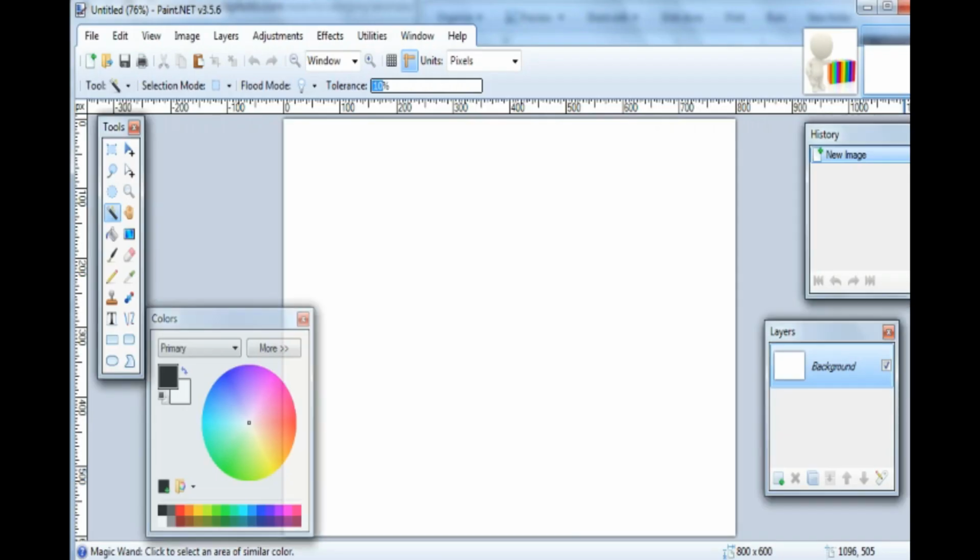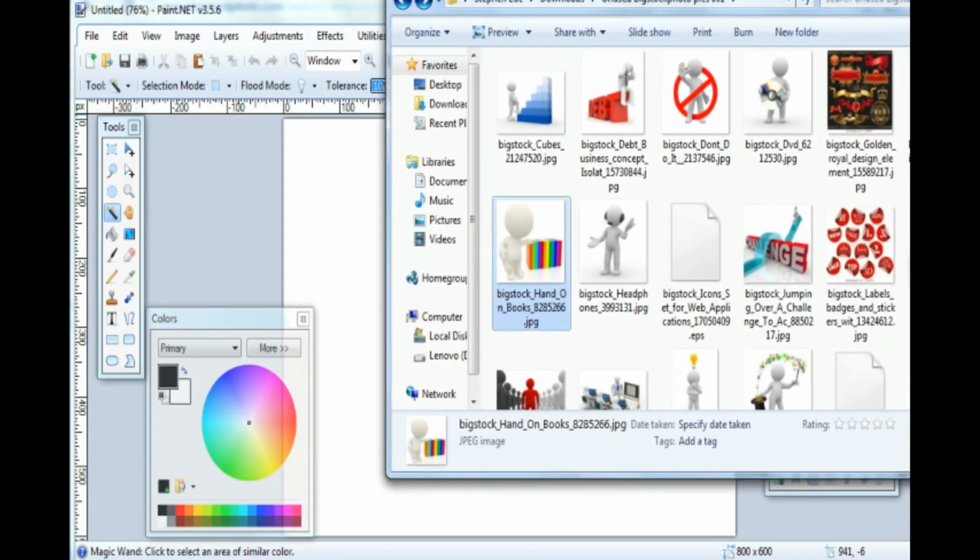Hey, and welcome to video number 6. We're going to talk about how to remove the background of a picture. So let's say, for example, that you have an object from a picture, and you want to remove that object and add it to a different picture. Well, we're going to show you how to do that quickly and easily. So the first thing that you need to do is to find a picture that you want to take the object out of the background. In this specific video, I'm going to show you 2 different